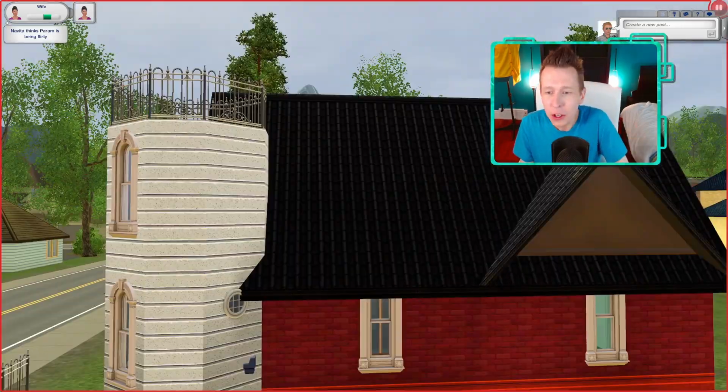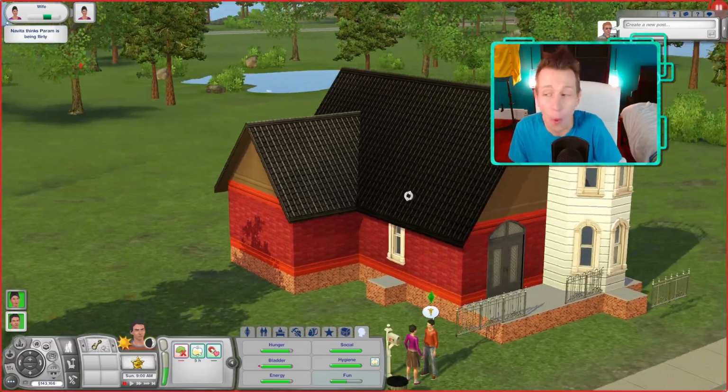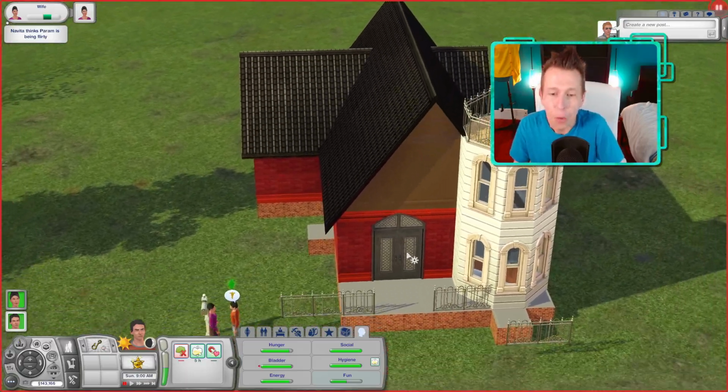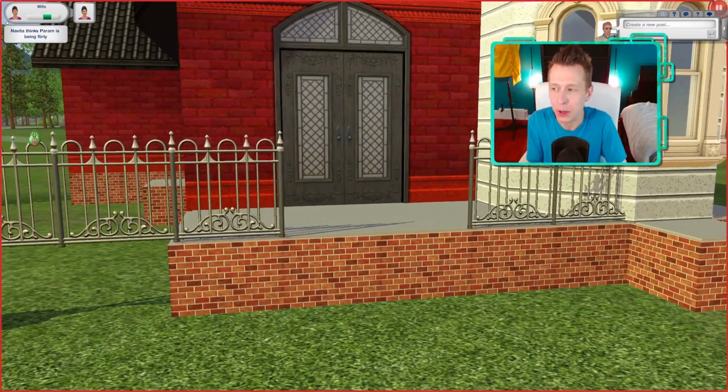And look at mine. Ew. God, going around it is even worse. There's no windows at the back at all. Okay, why don't we just go inside first person and see, first of all, they can't actually get up to the front door, but